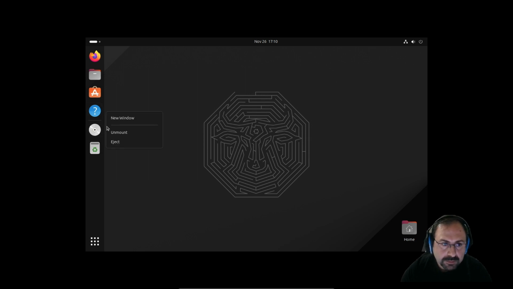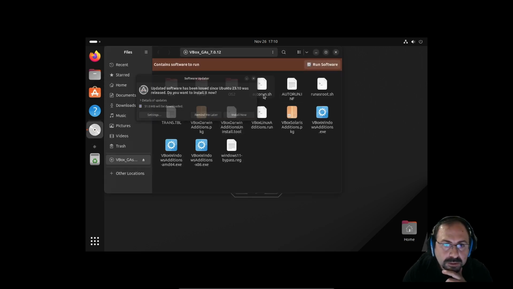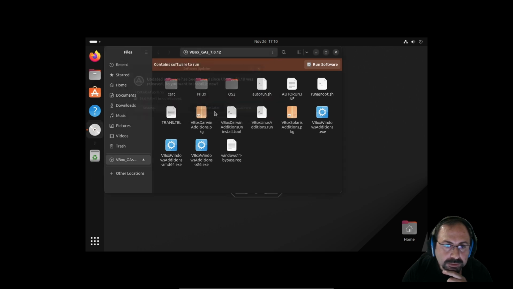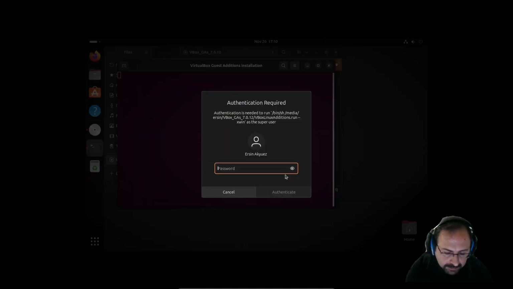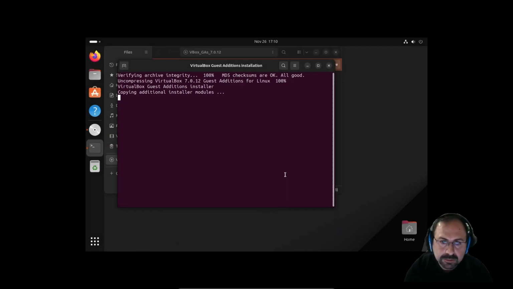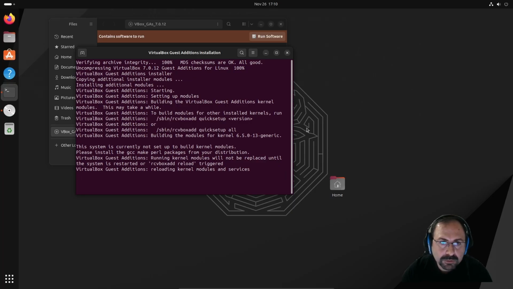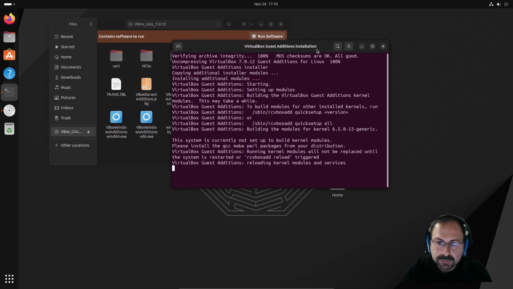Okay, we are opening it, and I will update later. Let's run auto run, password, and in few seconds it will use guest editions, and we can use it full size, full window.